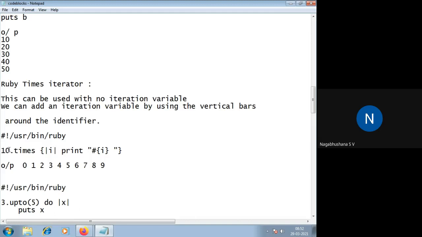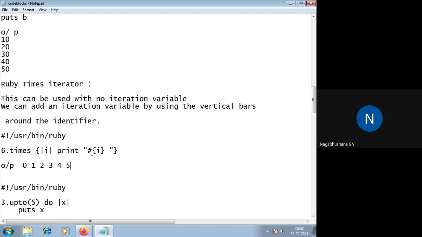Suppose I give 6 here in place of 10. It is going to print 6.times and the value of i, so i takes the values 0 to 5. So this is how it is interpreted with respect to the times iterator.